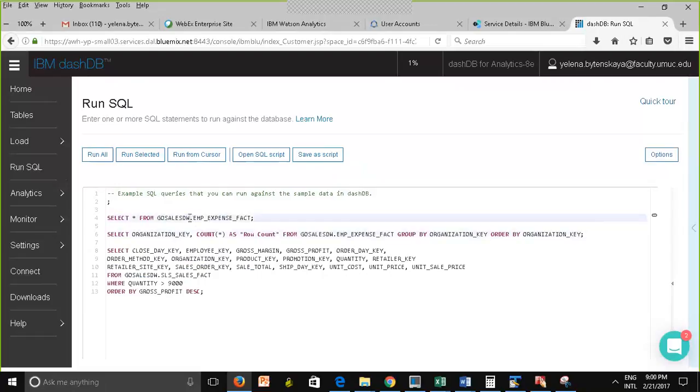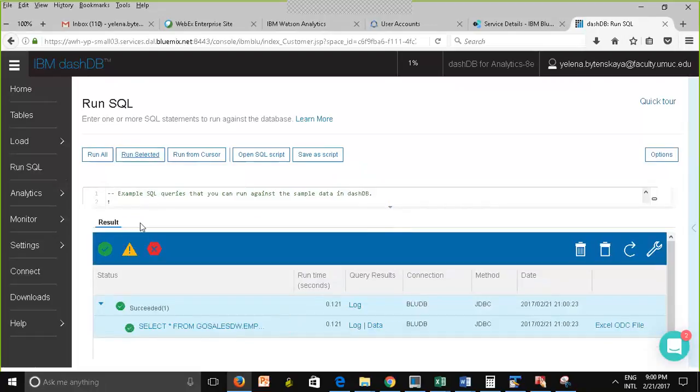It means that I want to select everything from this table right here. But because it's not one of the tables that I created, it's a table that was there for me, I had to prefix the table name with the username. That's why you see this here, right? So now I have several options here. I can put my mouse here and run the selected. Bang, here it is, right? It just ran one single statement.